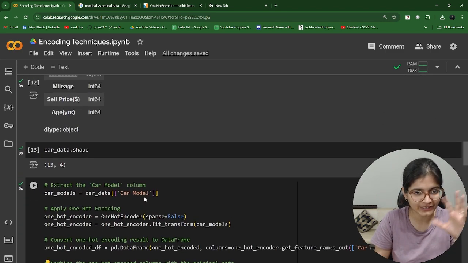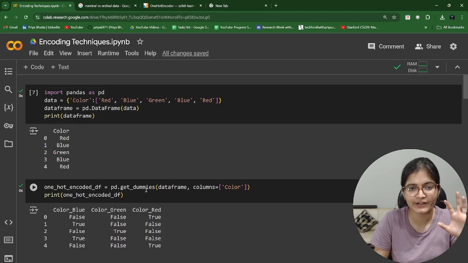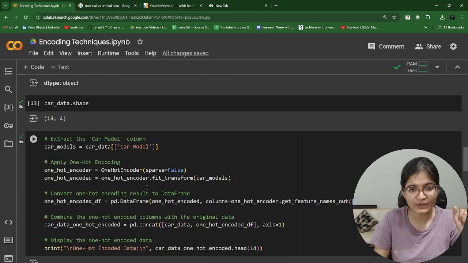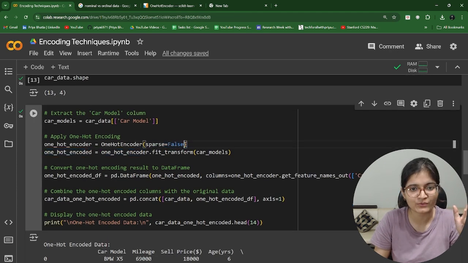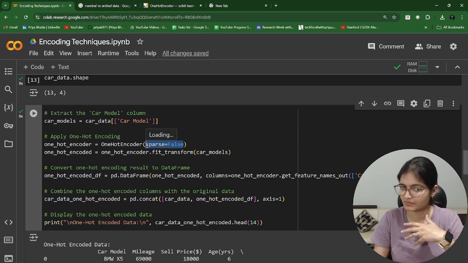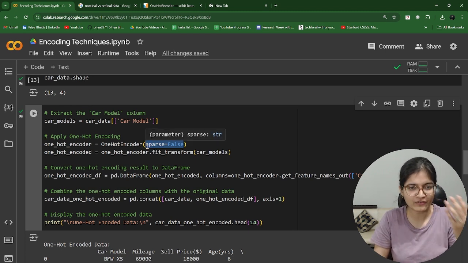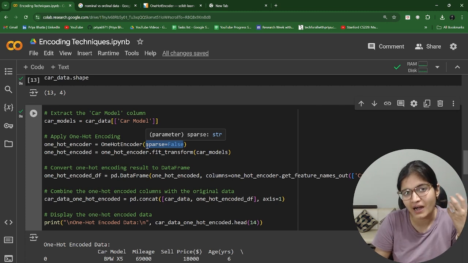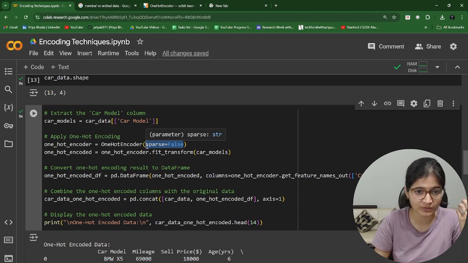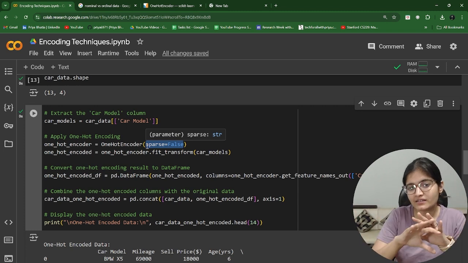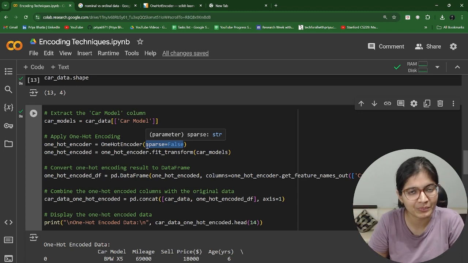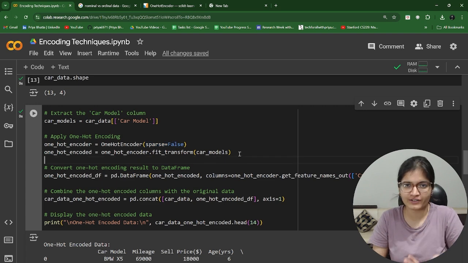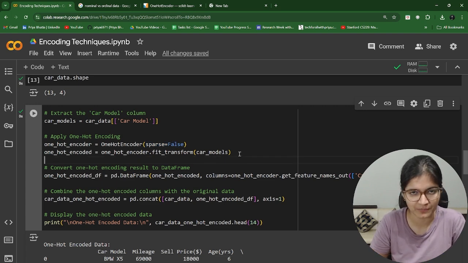I hope that whatever points I have explained here are pretty much clear to everyone. If anyone is not aware of the concept of a sparse matrix, I would highly prefer that you refer to the documentation, or apart from documentation, it's a mathematical concept of matrix in linear algebra. You can refer there, and you will get a better understanding of the literal intuition behind having a sparse matrix in a one hot encoder, because it contains so many zeros. You can have a complete go through that part. Those who already have an awareness, I feel the concepts are pretty much clear.